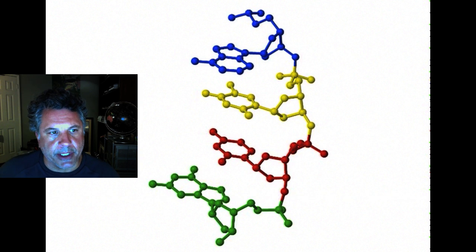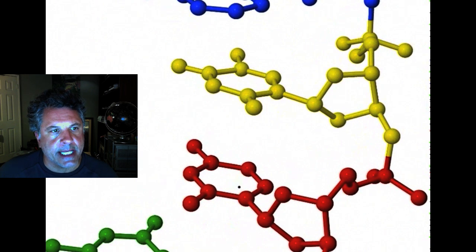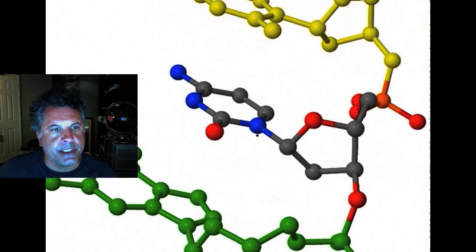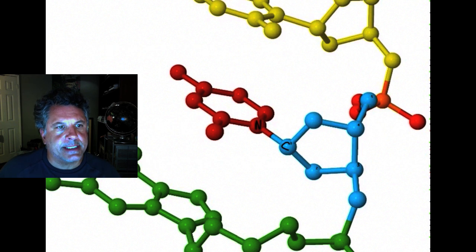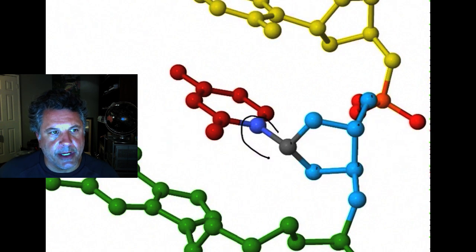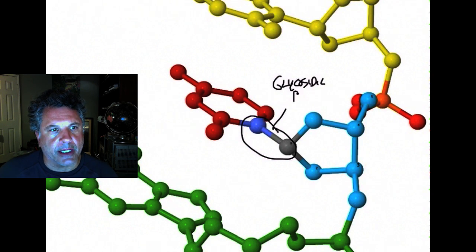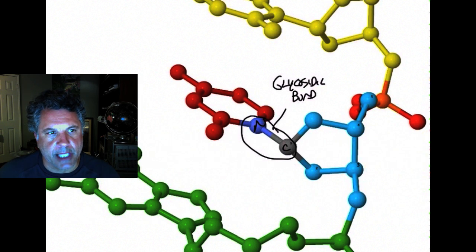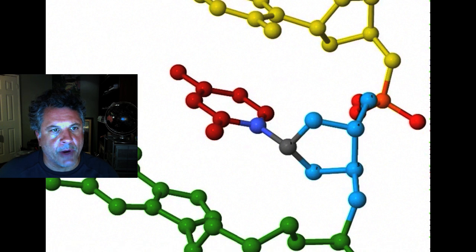And if we zoom in on the nucleotide containing cytosine as its nitrogenous base and number the carbons in the sugar ring, 1, 2, 3, 4, 5, it's carbon 1, and the nitrogen of the nitrogenous base is linked to the first carbon of the sugar, and that is called a glycosidic bond. And it's always a nitrogen of the nitrogenous base that is linked to the first carbon of the ribose sugar. And glyco implies sugar, so a glycosidic bond links the nitrogenous base to the ribose sugar.